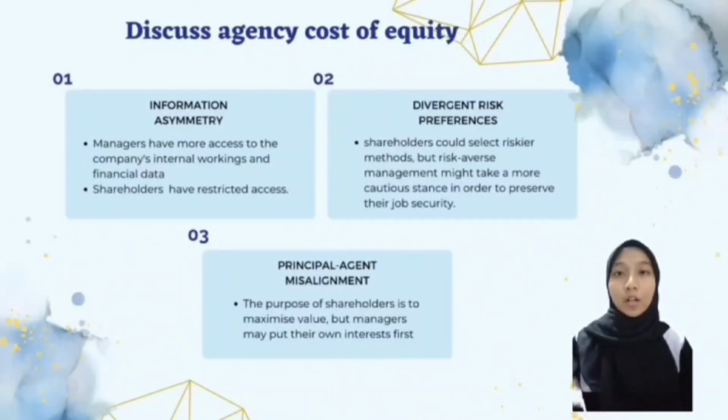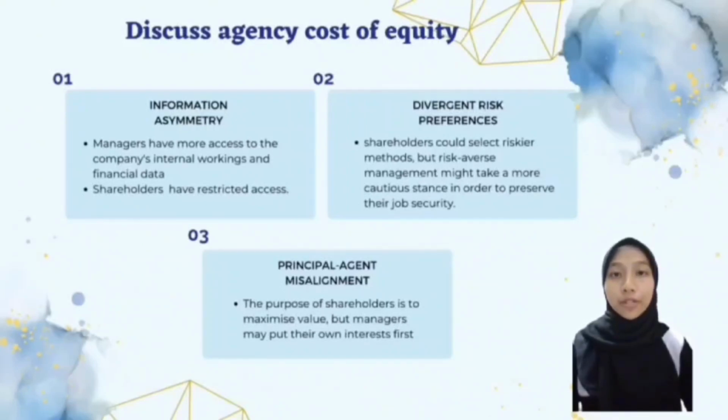The term agency cost describes the expenses a company bears as a result of issues relating to the conflicting interests of shareholders and management, as well as the knowledge asymmetry that exists between the principal and the agent. An agency cost of equity occurs when management makes choices that may not be in the best interest of the company and that investors believe will not raise the value of their shares. The agency cost of equity is comprised of many essential components.